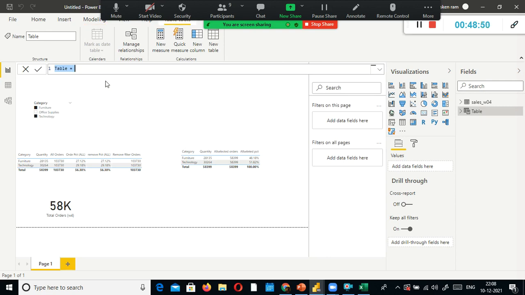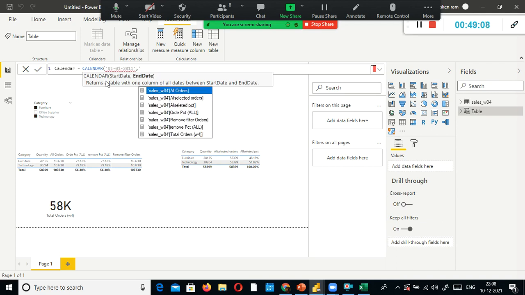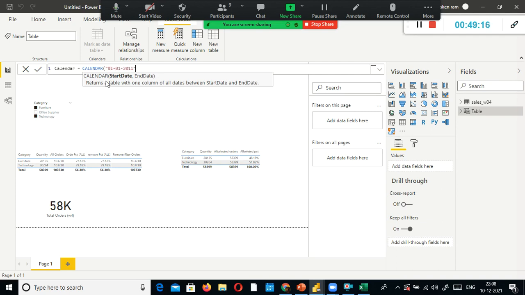Here I'll write Calendar equals CALENDAR, with the start date 1-01-2011, and here you need to use double quotes, then the end date 31/12/2014.